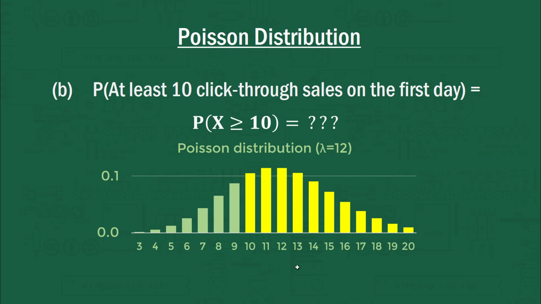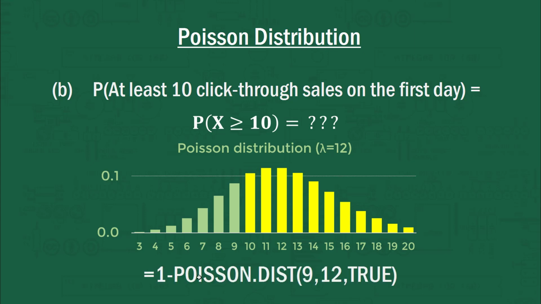Well, unfortunately in Excel there's no way of finding the probability of getting a value or higher. So we're going to have to use the CDF, which is the probability of getting a value or lower, and subtracting it from 1. Now here's the trick. We're actually going to go 1 minus Poisson dist. 9 is the value of interest we're going to use here, because if you think about it, here are those green bars. We're going to go 1 minus the probability of all of these green bars put together,